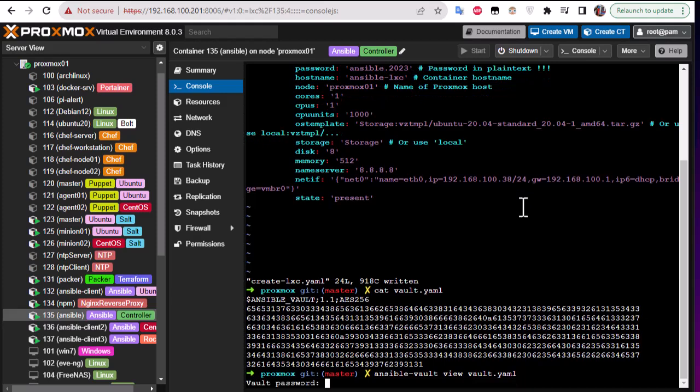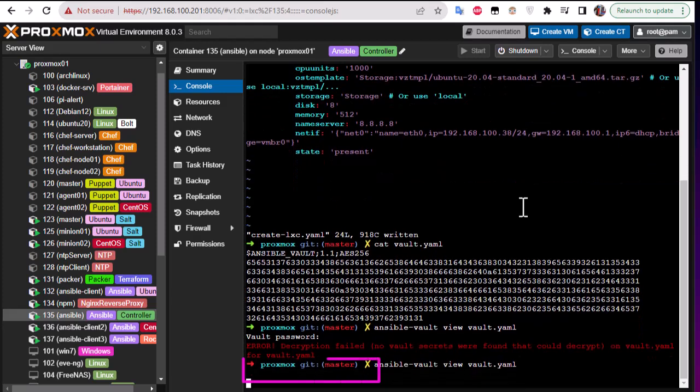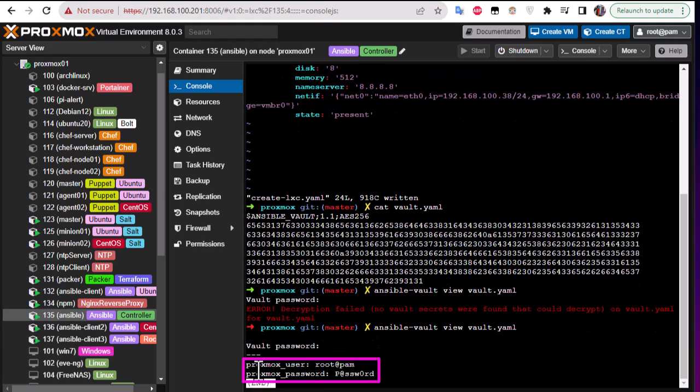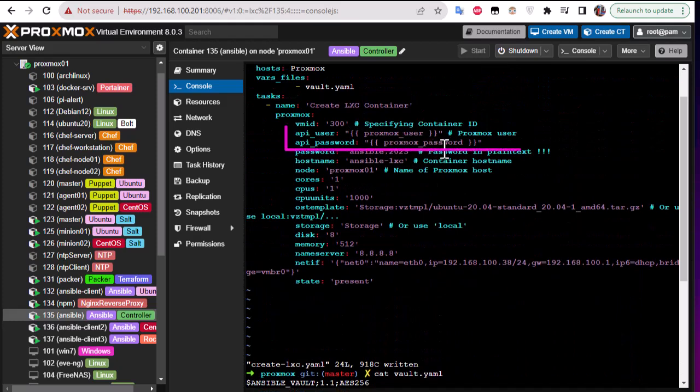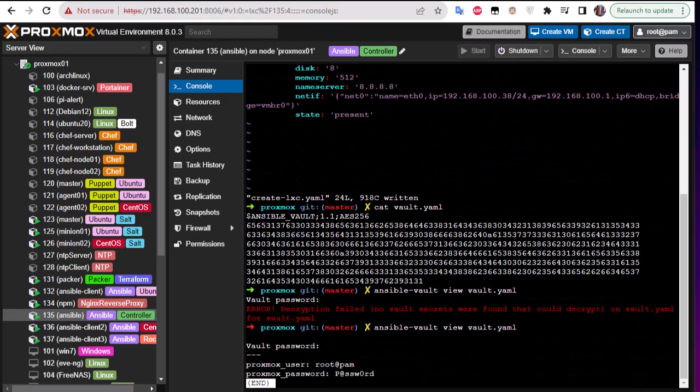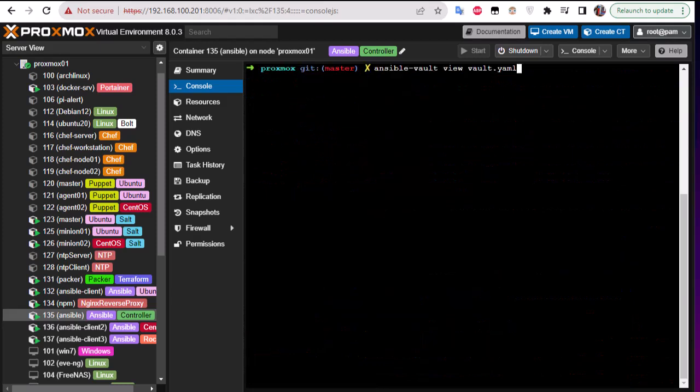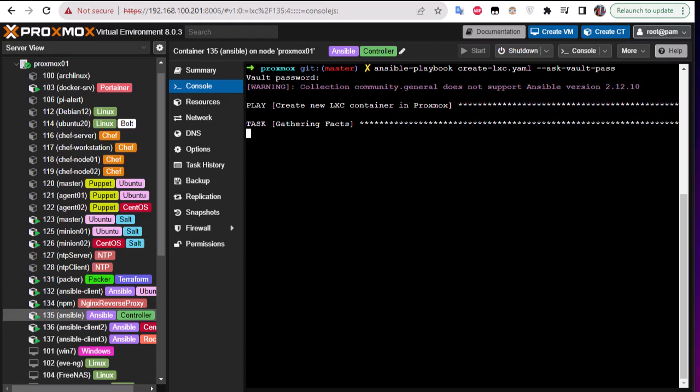Let's provide our password once again. Yes, I mistyped it once again. Here we go. You can see those parameters, Proxmox user and Proxmox password, are the ones that I entered in these two lines. So now I can execute my playbook once again with this ask vault pass. Here we go. I provide the password for the file. Now it will create our